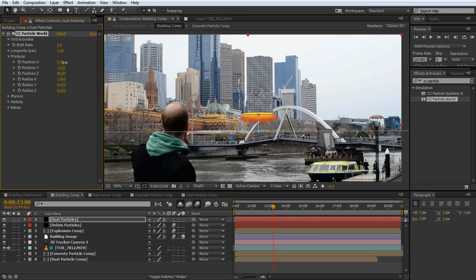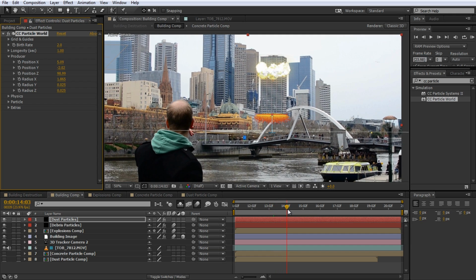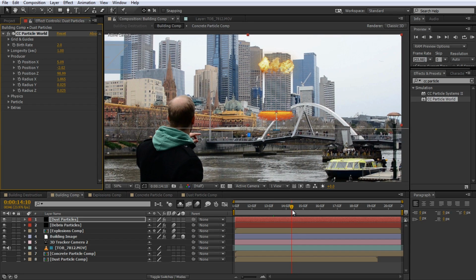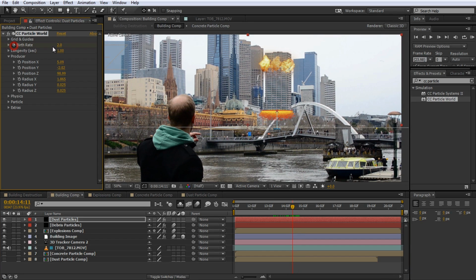Now let's animate the birth rate. We want the smoke to start being emitted as the building begins to sink, increased at the final stages of collapse and then slowly fade away. So go to a time position where your building is still standing, enable keyframes on the birth rate property and